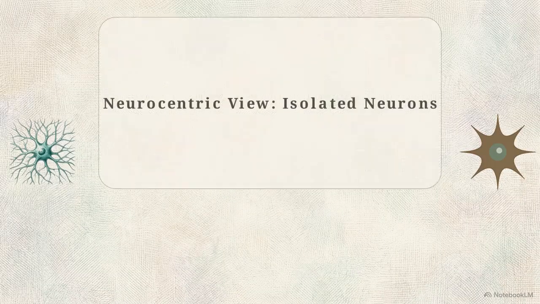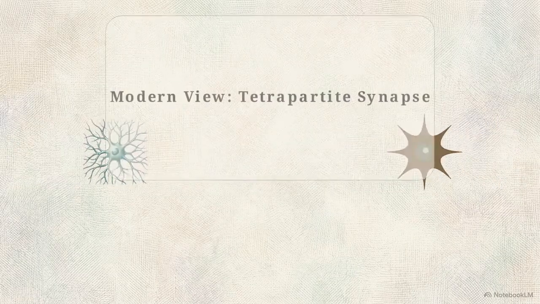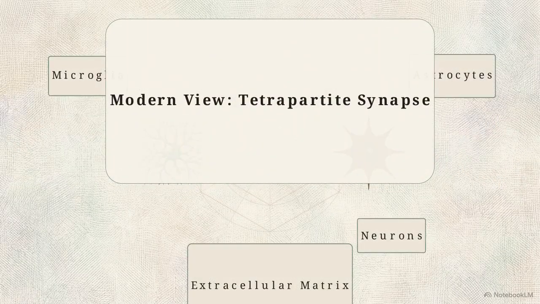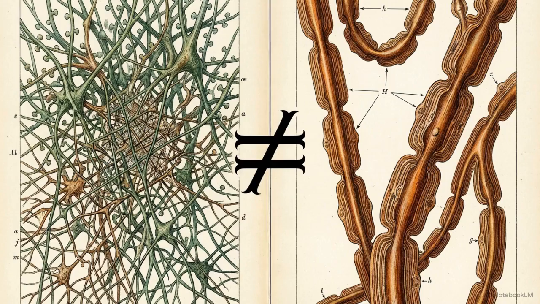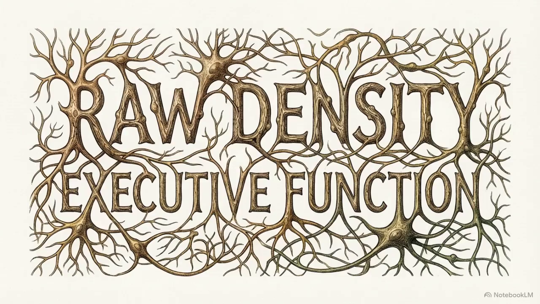The tetrapartite model identifies the synapse as an intersection where neurons, microglia, astrocytes, and the extracellular matrix engage in constant biochemical dialogue. Within this framework, synaptic pruning is an active, immune-regulated process. This mechanism highlights a central biological paradox in human neurodevelopment. We do not achieve maximum cognitive capacity at our highest physical connectivity. Structural decay is a requirement for cognitive power.